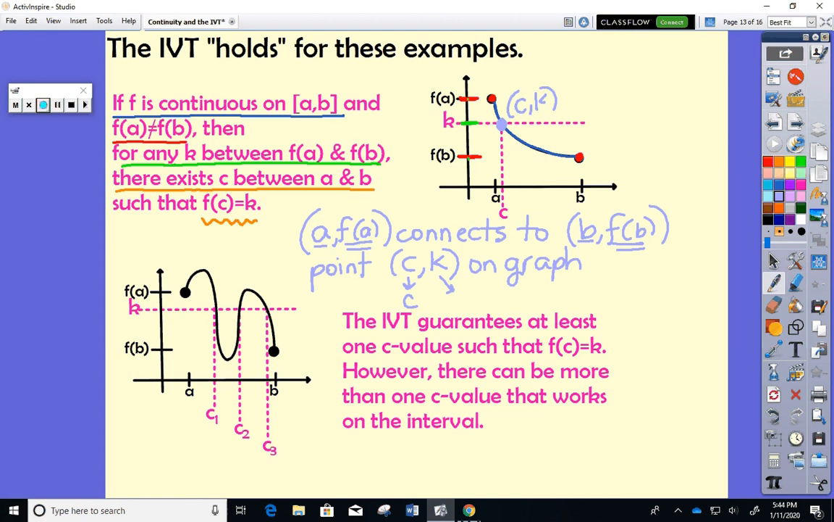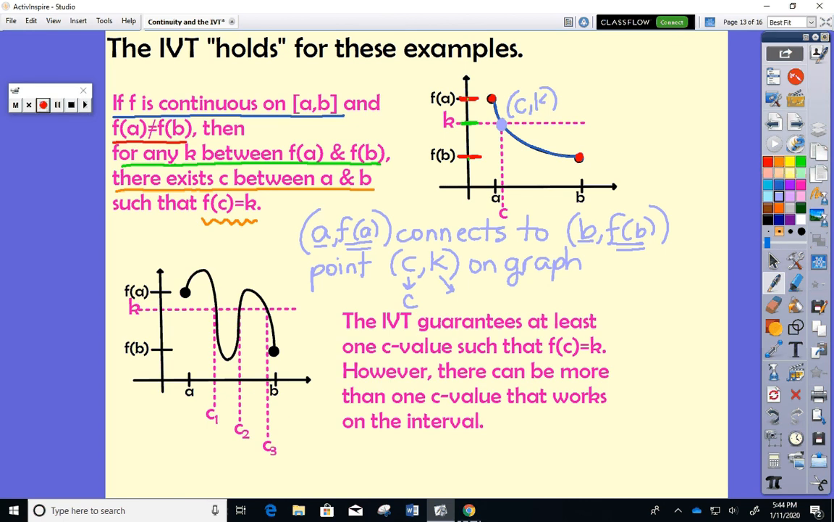Now notice I keep calling it the IVT. On the calculus exam, we have to talk about existence theorems, and there are 3 of them: the IVT, the MVT, and the EVT. And you are allowed to use those initials because those are abbreviations that any math person would know. All right, so as I mentioned on the previous video,